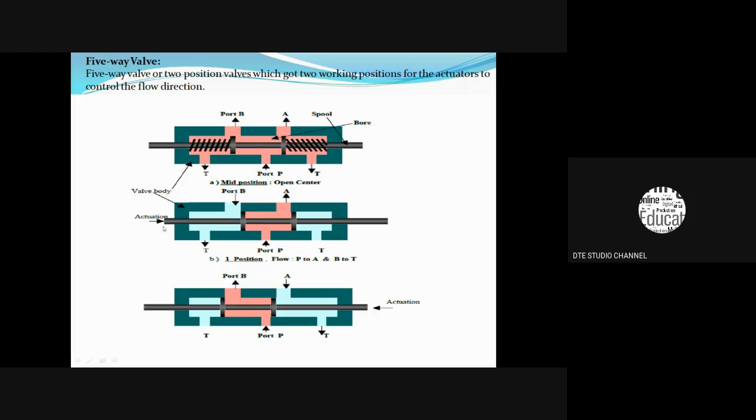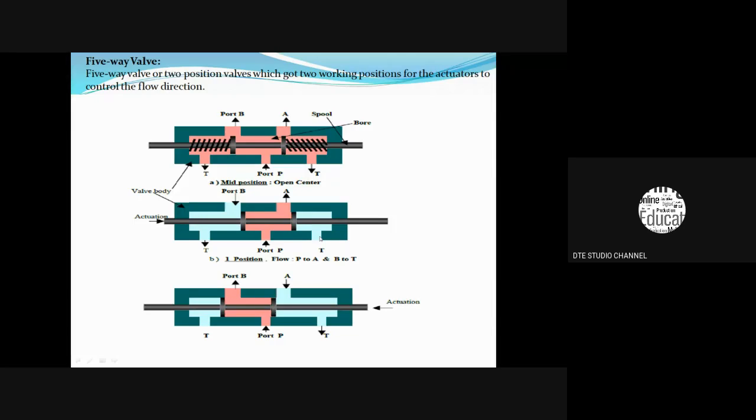In this position, fluid flows from the pressure port P to working port A, which enters one end of a piston in the actuator. And the piston will move. While moving the piston, the fluid present at the other end of the piston enters port B, and passes through T to the reservoir. So, in the first position, the communication is made between P and A, and B and T. The other T remains closed in the first position.